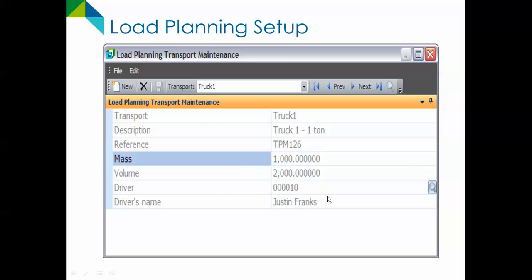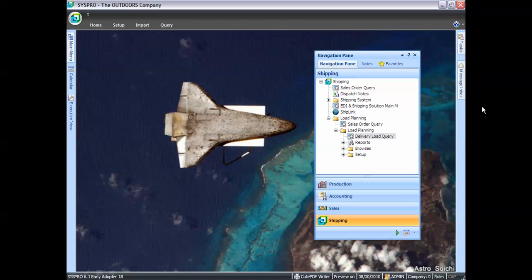When I set up the trucks, what's the limit of those trucks? Who's the driver? Who may be in charge of it? So we can track that as well. So if we go ahead and take a look at our delivery loads,